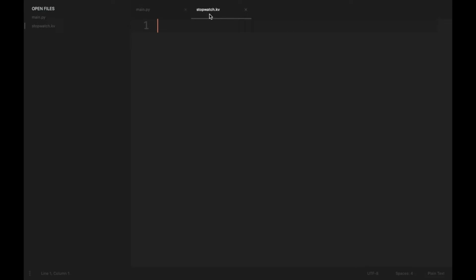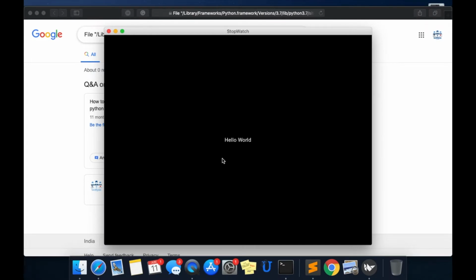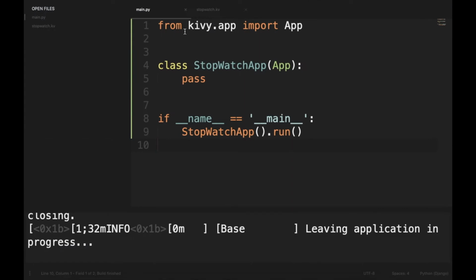Moving on to the layout file, you can say that the layout file is a mix of CSS and a Python file. The declaration resembles CSS, but the code lines follow indentation just like Python code. It will be more clear when we start creating our layout file. So in order to print hello world in our app, we have to add Label and then text is hello world. Now if we save it and run the main file, our application has a hello world label on it. So let's close it and move back to the code.